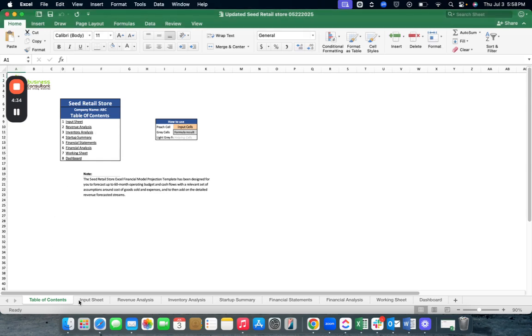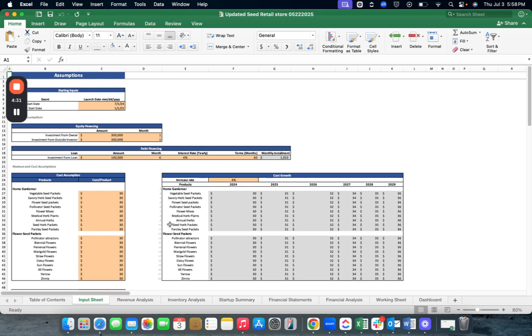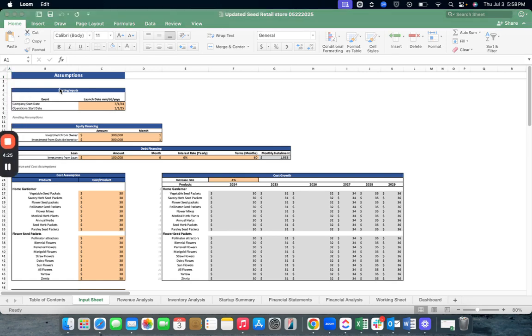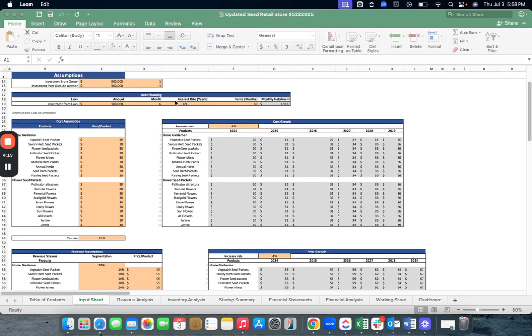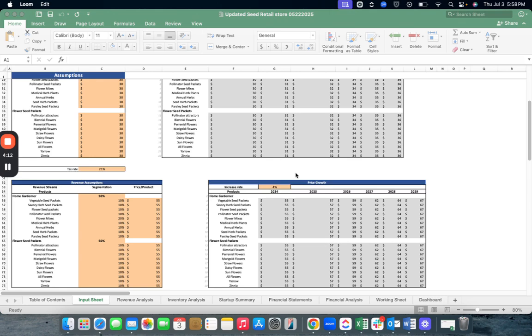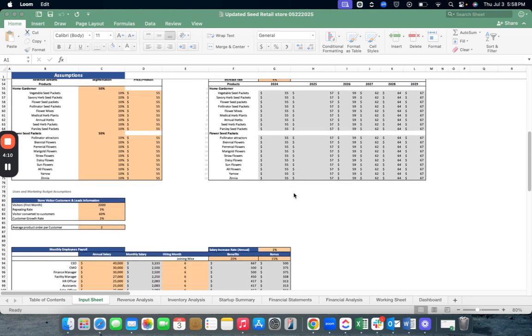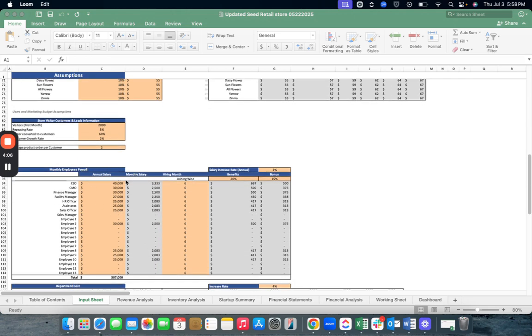Coming towards the input sheet, it's the most important sheet of the whole financial model. In this sheet, you're gonna input the assumptions. Starting from the starting inputs, here we have company start date, operation start date, then we have equity financing, then we have debt financing, we have revenue and cost assumptions, then we have cost growth rate, then we have the revenue price growth, we have users and marketing budget assumptions, then we have monthly employees payroll along with the